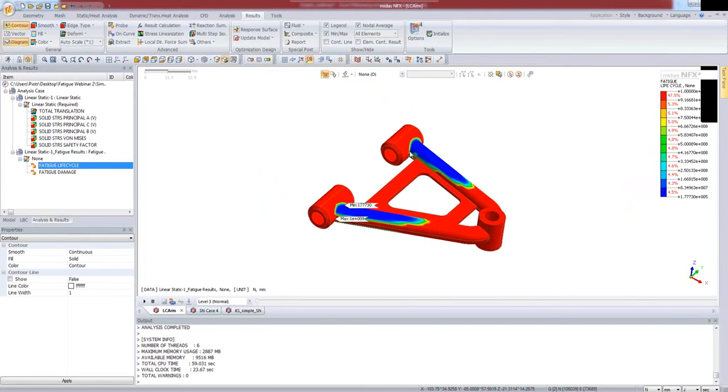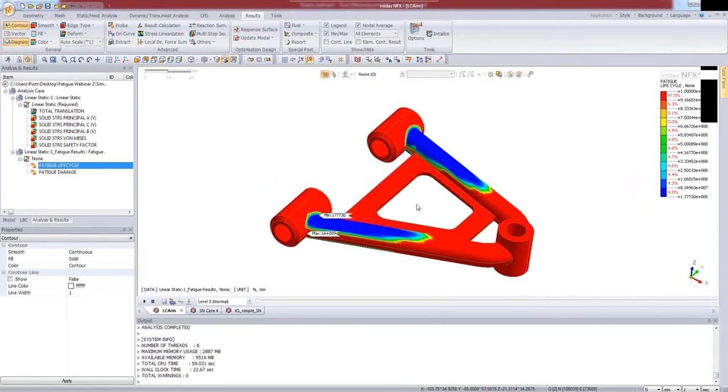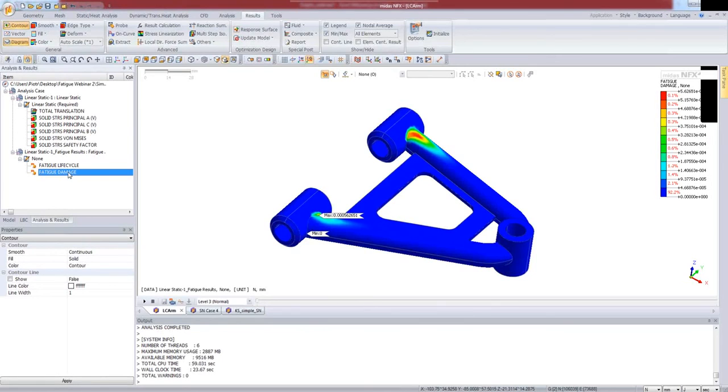And here we see the fatigue life cycle result for the specified material and for the model, and we can also display the maximum damage result. So that was all for today for the fatigue analysis and for the simple examples. I hope